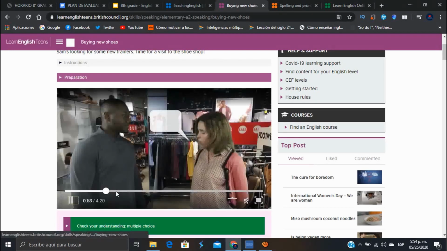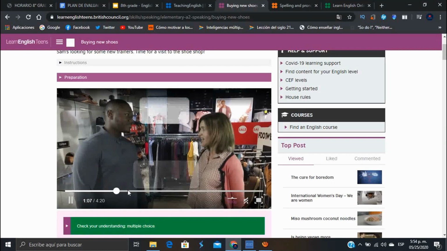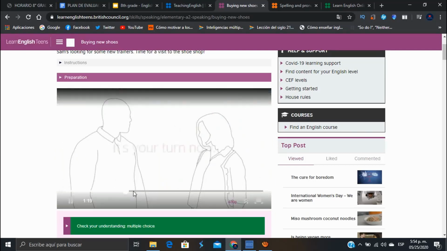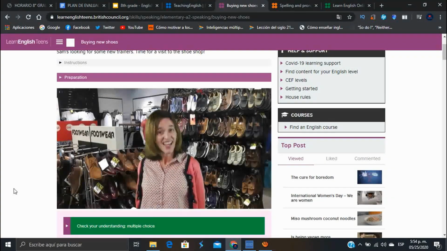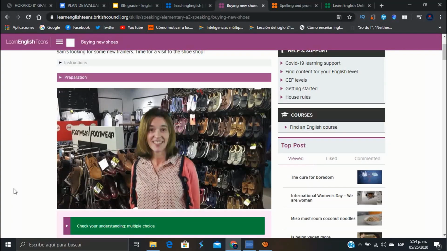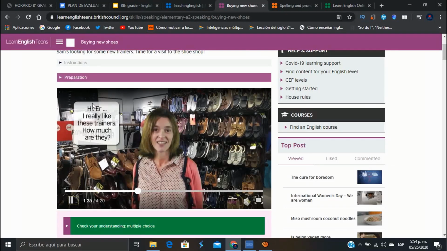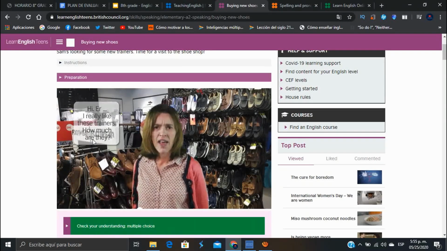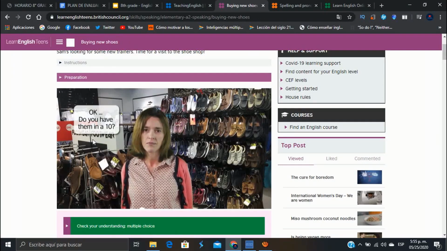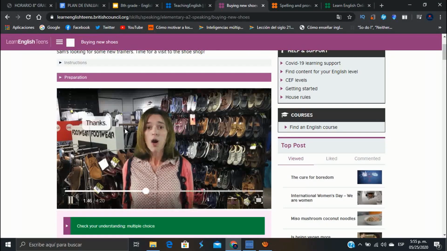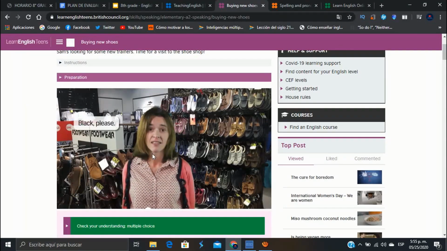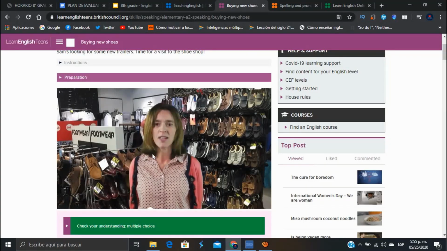Let's see what happens. Okay, let me move on so you know what happened. Hang on a second. Now it's each student's turn. Each student becomes part of the video, so they have to play the role here. They have to listen to the person and read from this part. They practice pronunciation, they're introducing vocabulary, intonation, reading skills. This is awesome. This is something you can go to every time you want, to make them move a little bit higher in levels.